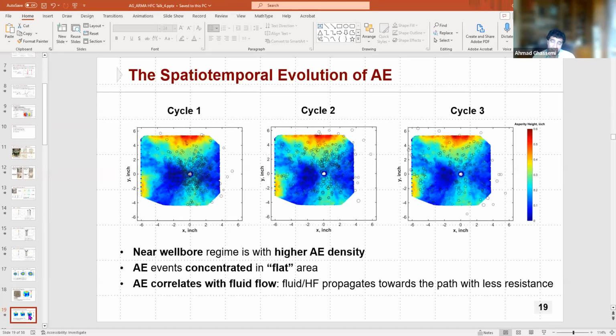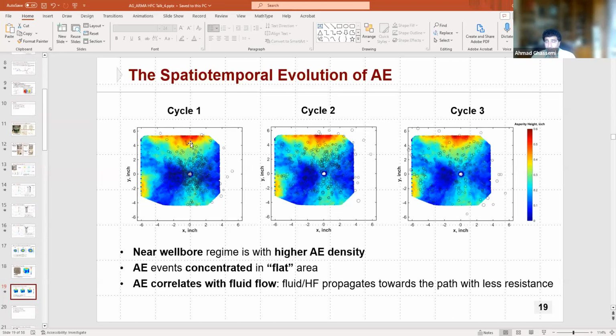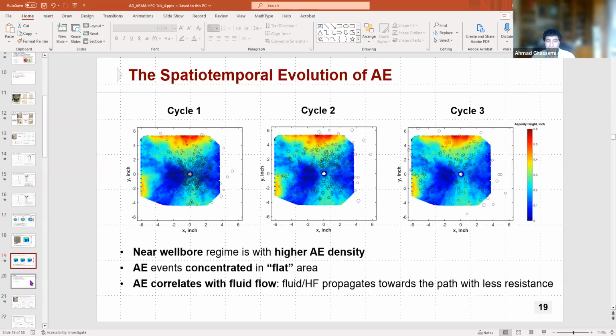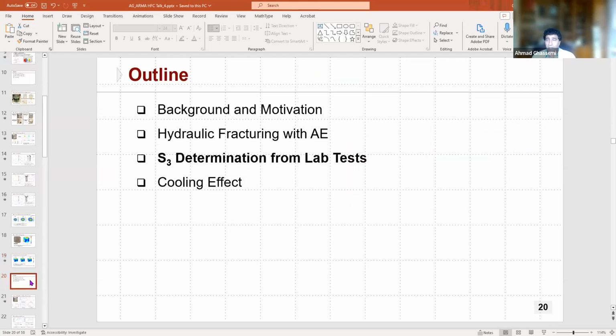And so where the fluid goes, it seems the acoustic emissions occur. So these are higher stress zones, and the pressure was not sufficient to propagate the fracture there, and so it attained the figure that you're showing. So that was just one of the experiments, and so now we move to the actual work of